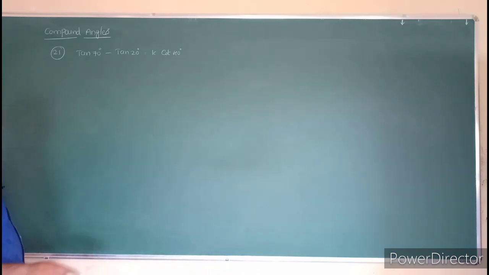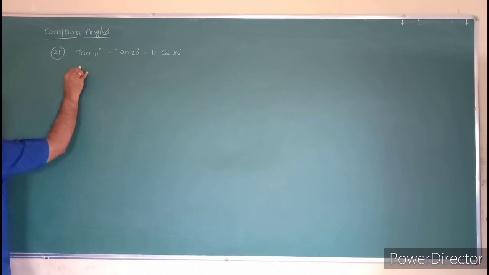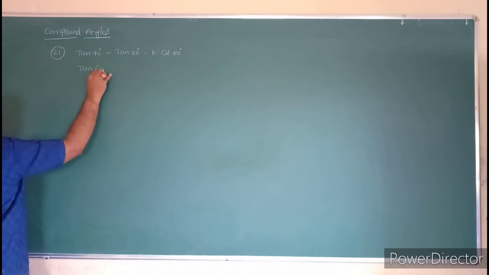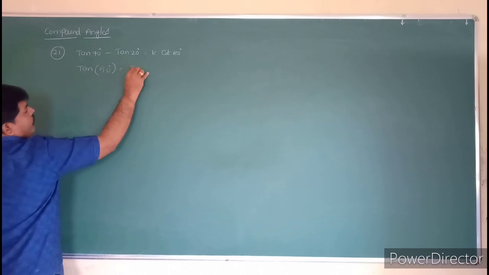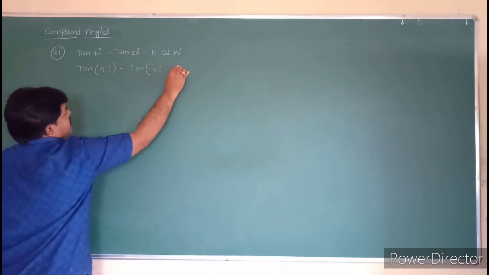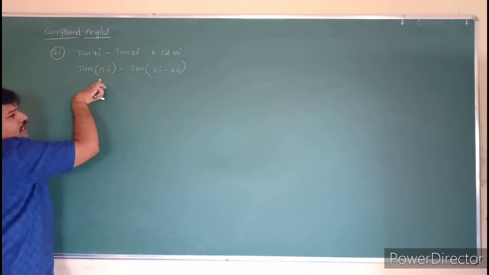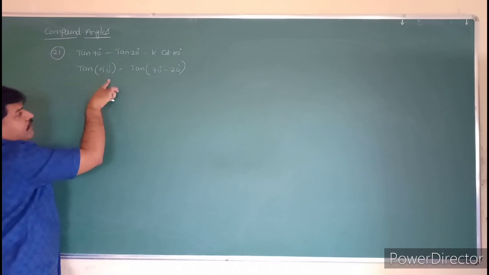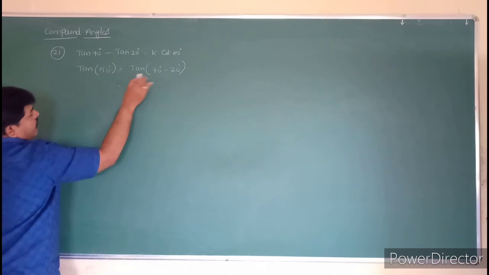See students, here it is in the form of tan a minus tan b. So here we will take tan of 70 minus 20, which is 50 degrees. I will take that value first, so that is equal to tan 50 degrees. I will write it as 70 degrees minus 20 degrees, so I will start the problem with tan 50 degrees. Tan 50 degrees you can write as tan of 70 minus 20. So that is nothing but the tan of a minus b formula.